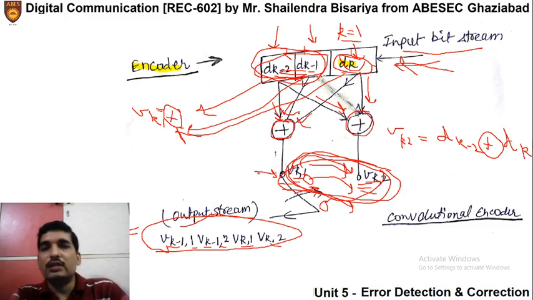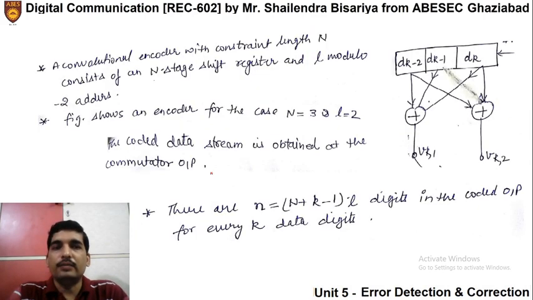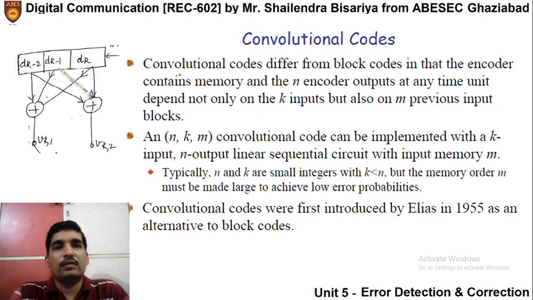Okay, so this is just the starting point, we are just defining, so it will be more clear when we take some example. So let us proceed further. First, once again, let us define the term. Before this, we have discussed this encoder diagram, right? So let us first read this. Convolution code differ from block codes. We have compared it with the block codes, so let us read where it differs.